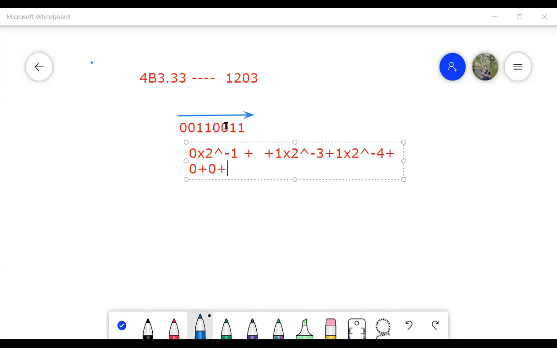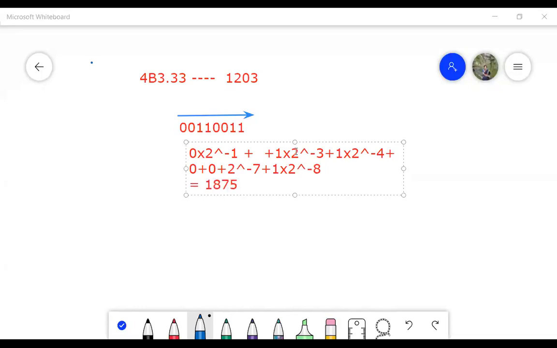So this is 2 to the power of 5, this is 2 to the power of 6. So this is 1 into 2 to the power of minus 7. I will write directly 2 to the power of minus 7 plus again 1 into 2 to the power of minus 8. This way also I can write. So now if you solve these things, this will clearly be equal to